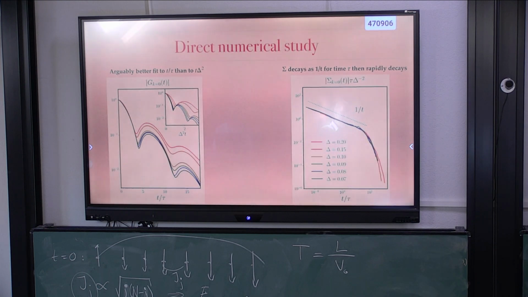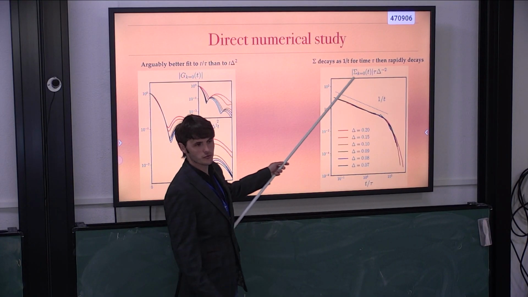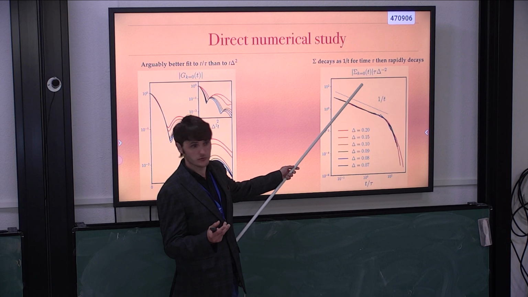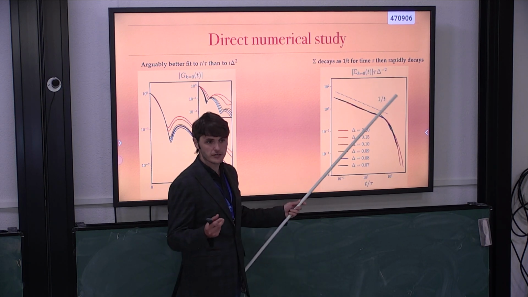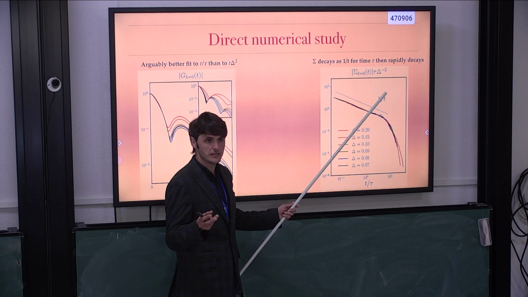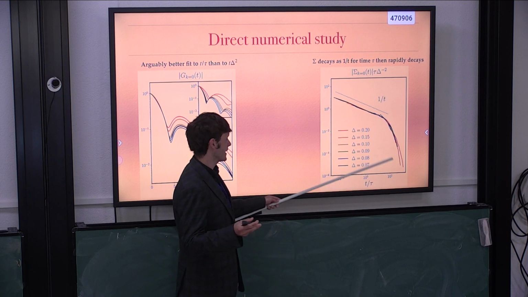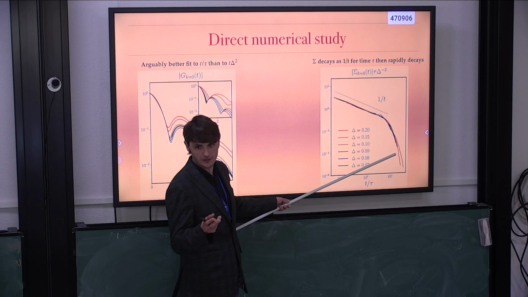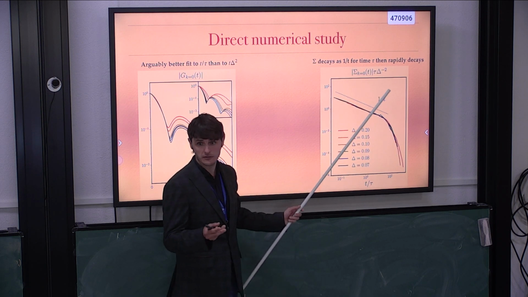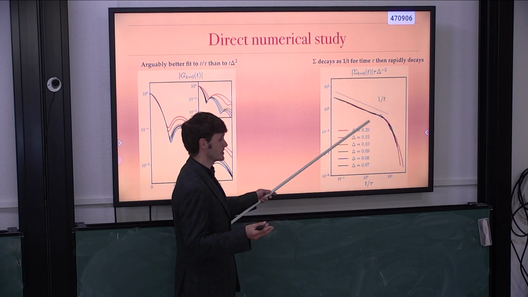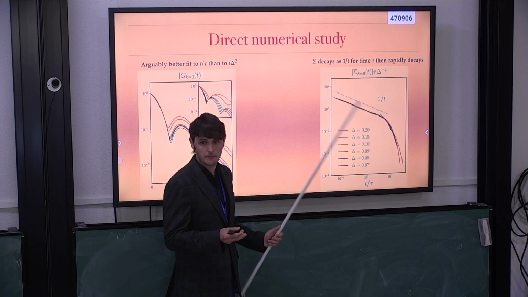Possibly the more compelling evidence here is this is the real, actually it's an approximation to the real-time self-energy. And remember what our prediction was, is that it should decay like 1/t initially. Then it should decay faster than any power law, or really fast. And that the crossover time scale should be this logarithmically enhanced time scale. And so here is actually a reasonably good scaling collapse for that,